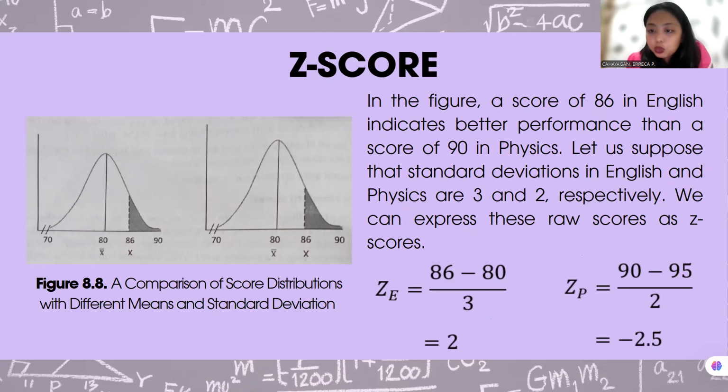So you get 2. Then ZP, where P is physics, the z-score of physics is 90 as your score, minus 95,